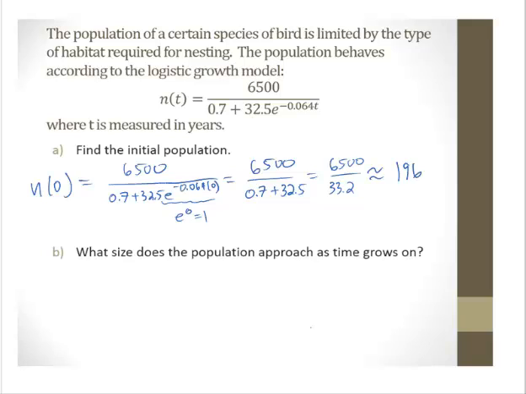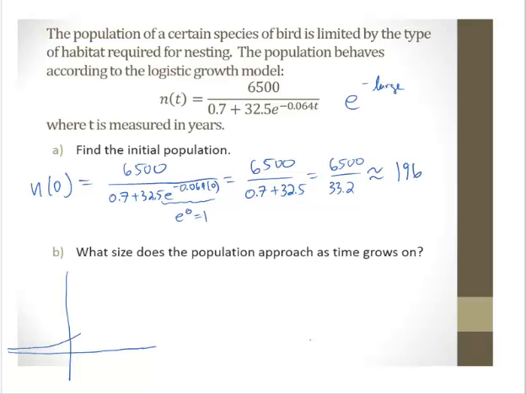What size does the population approach as time goes on? Alright, so as time becomes a large number, what happens here? If t becomes a large number, then we have e to a negative large number. So what's e to a negative large number? Well, if you think of our exponential function, e to the x